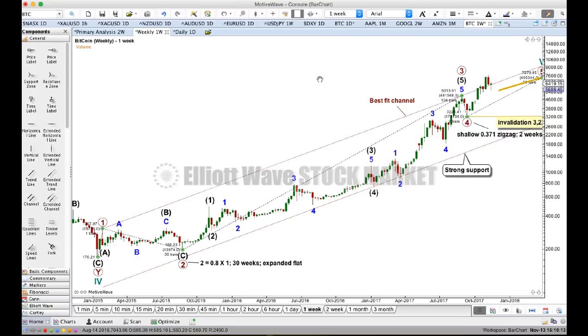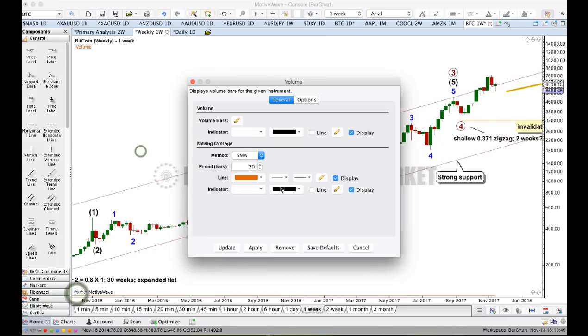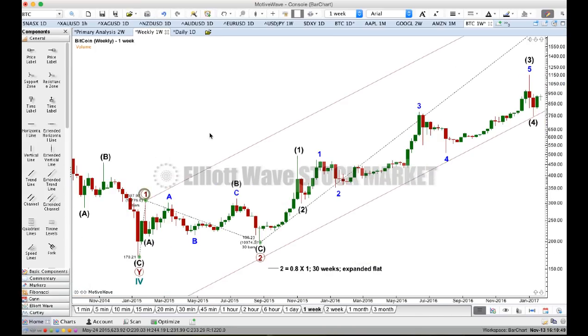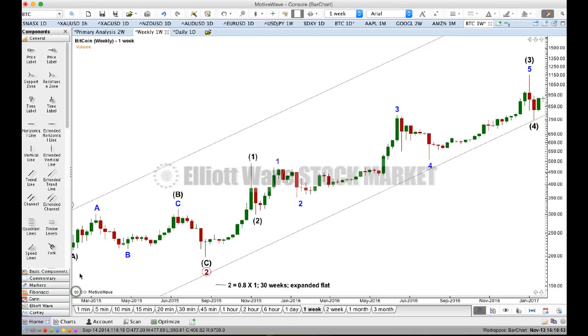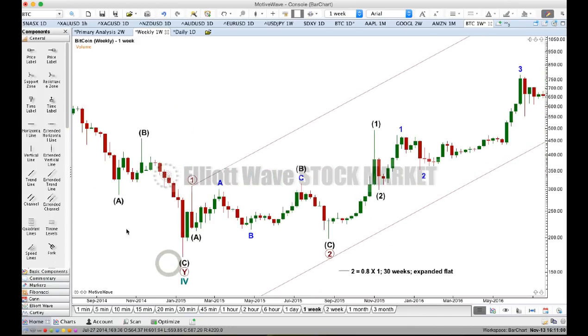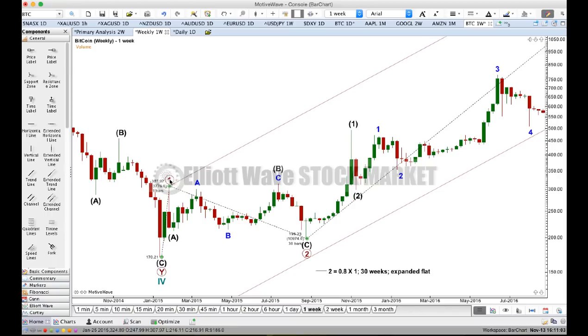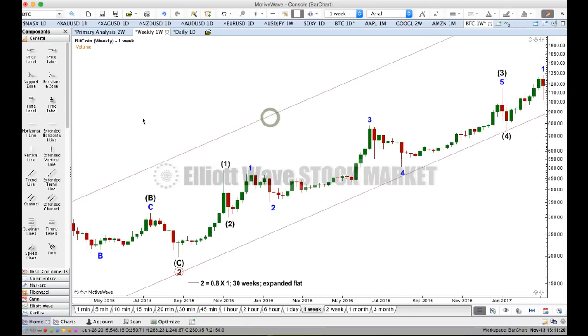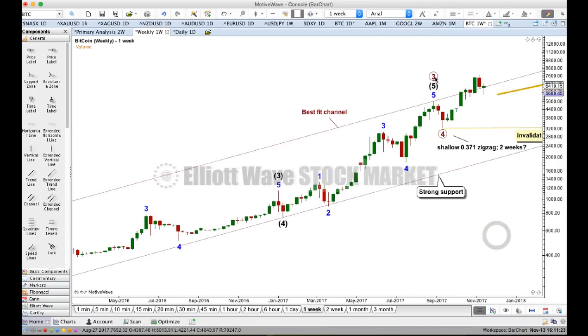Let's just see if that's got a Fibonacci ratio. So I can see this a little bit more clearly. I'm just trying to see the length of my primary 1. 3776. That's 137.76. And how long is primary 3? 4815.68. Okay, so times, let's try, no, that's going to be